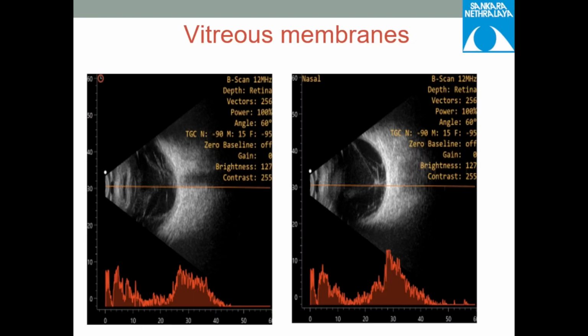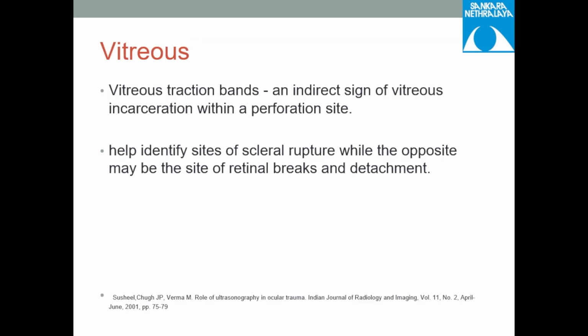Then this is an ultrasound B scan with vector A scan showing lens echo along with low to medium reflectivity membranous echo in the vitreous cavity, most probably signifying vitreous membranes, and the retina, choroid, and the optic nerve head seem to be normal in these scans. Vitreous traction bands are an indirect sign of vitreous incarceration within a perforation site. This may help us identify the sites of scleral rupture, where opposite to them can be sites of retinal breaks